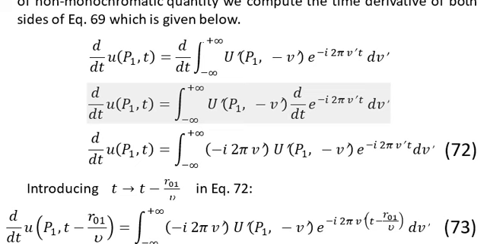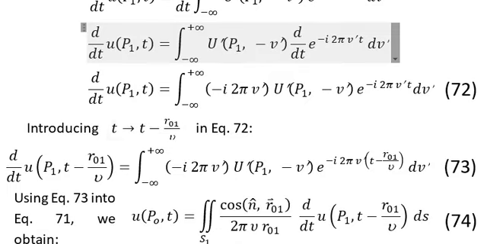So in the second step we have sent d over dt inside the integral, because d over dt is a linear operator, so that it can operate only on the time dependent part, which is only the exponent part in this case, e to the power minus iota 2 pi nu prime t. So when this operates on the integral, we have